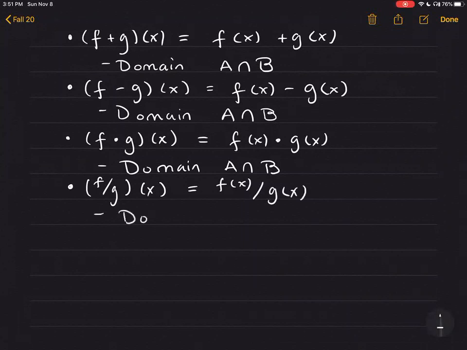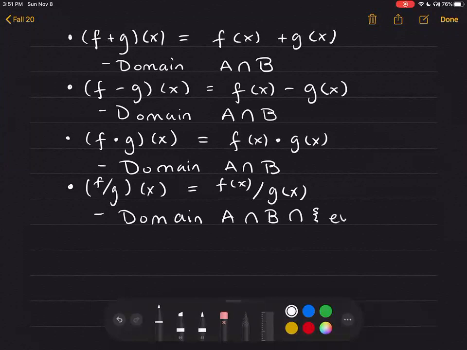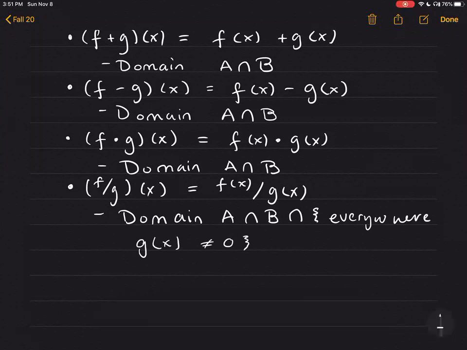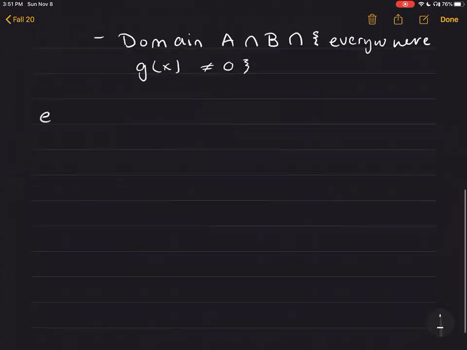And the domain for this one is a little bit different. It's going to be A intersect B, and is intersecting with everywhere g of x is not equal to 0. So the domain for this is going to be A intersect B intersect the set where g of x is not 0. And we'll see an example of this in a minute. It's like what exactly this looks like. Okay, but let's take this one at a time. First,